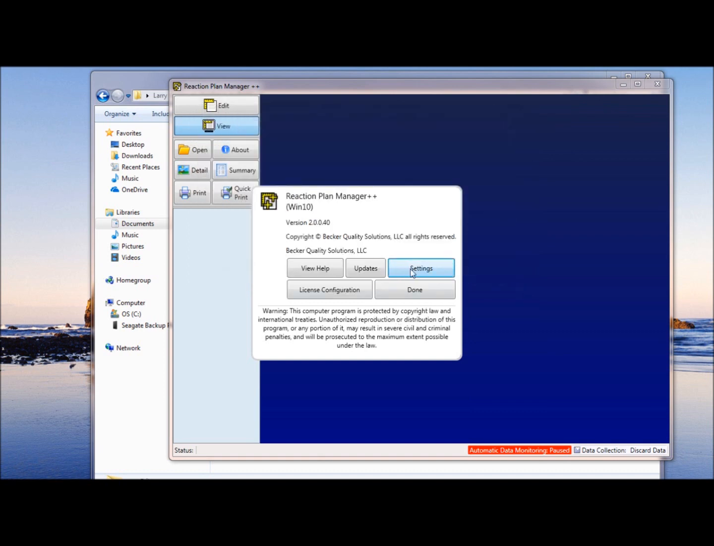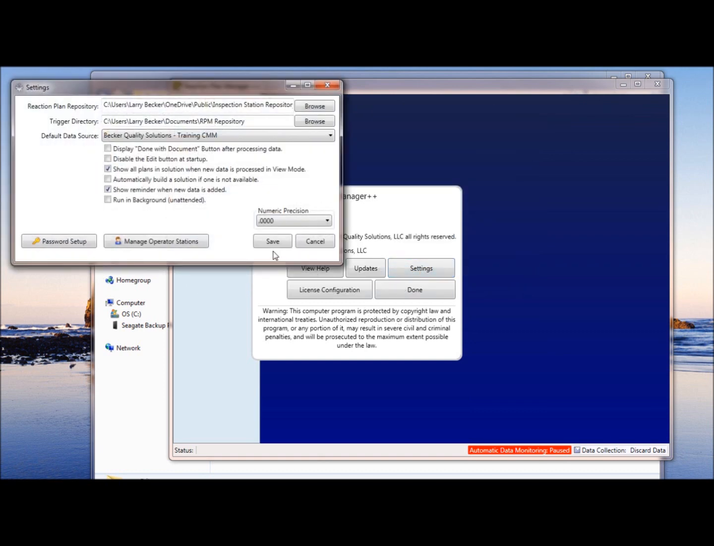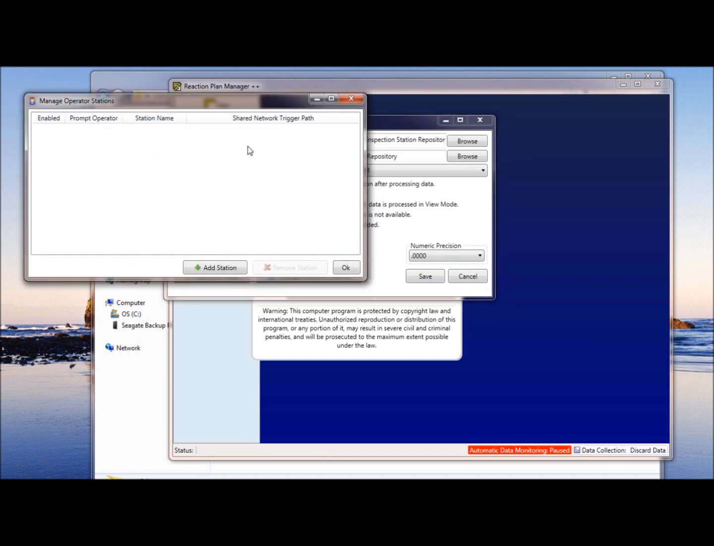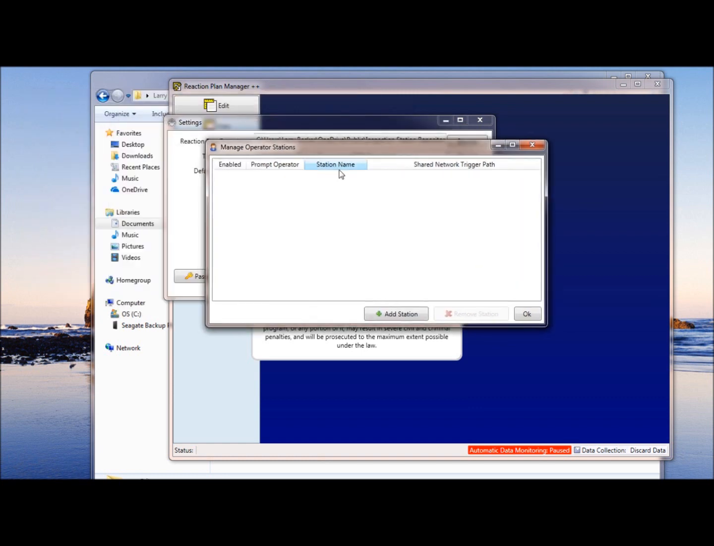I'll go ahead and save that, go back to my settings, and I should be able to click on the Manage Operator Stations button and go through the configuration process. Now notice I have nothing configured for the operator stations. All I need to do is click on the Add Station button, check on the Enabled, because I'm going to enable this, and I'm going to call this Station 1,